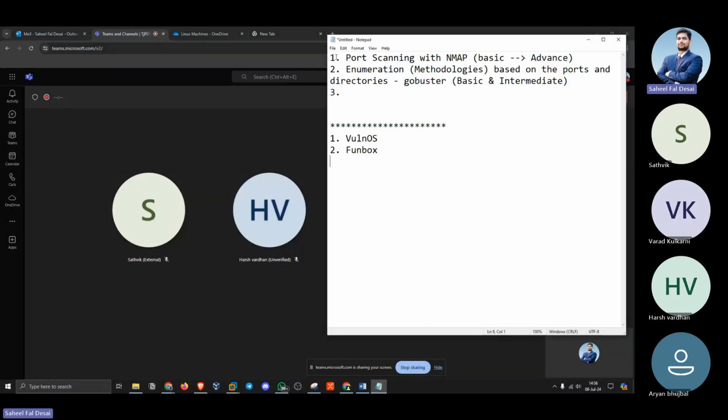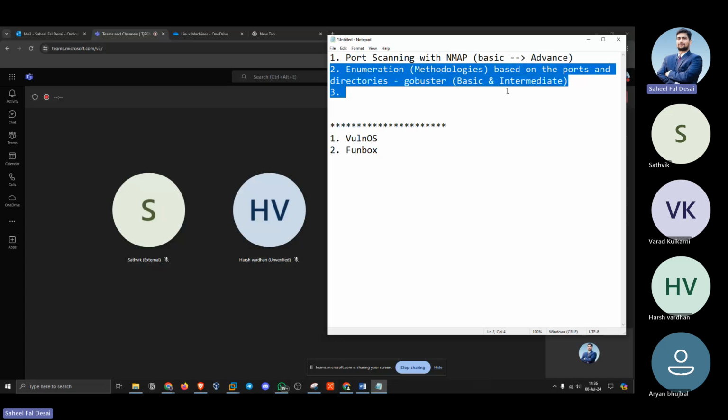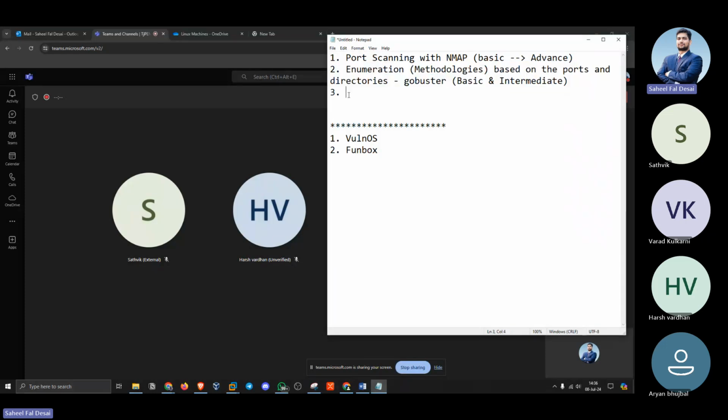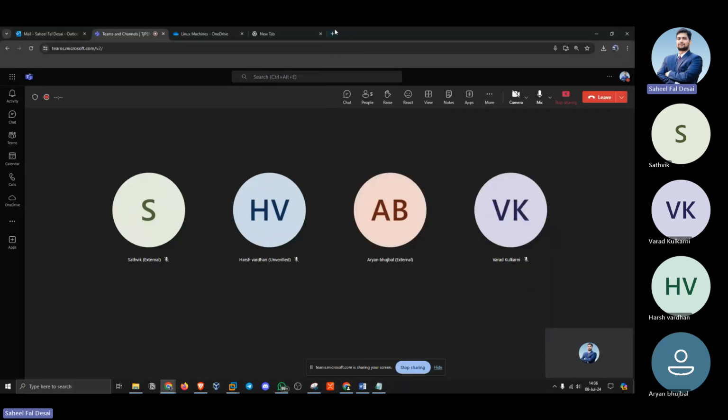So, a quick glimpse of port scanning with Nmap, because this entire curriculum is on network pen testing. And then the next thing we'll be learning about is enumeration. We'll try to do more and more basic information gathering before the enumeration phase. Okay. So if you closely observe the